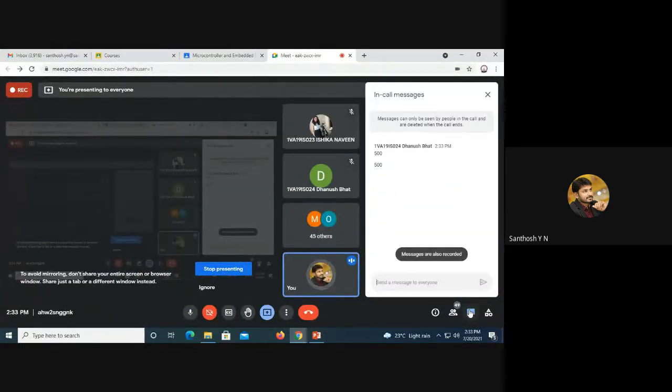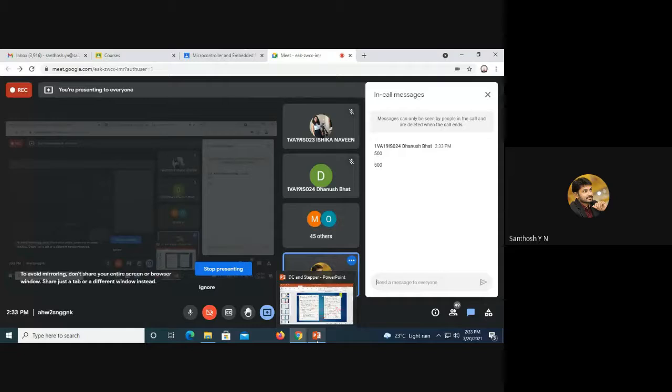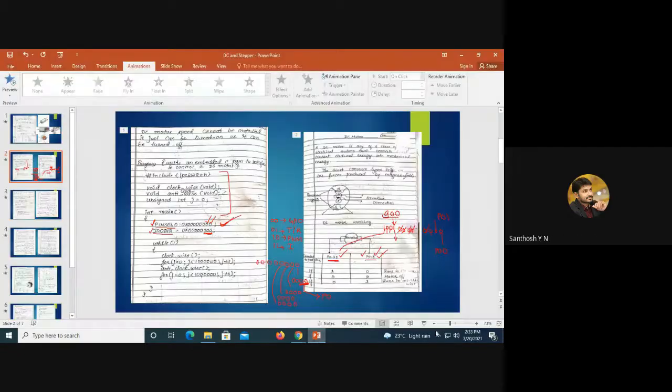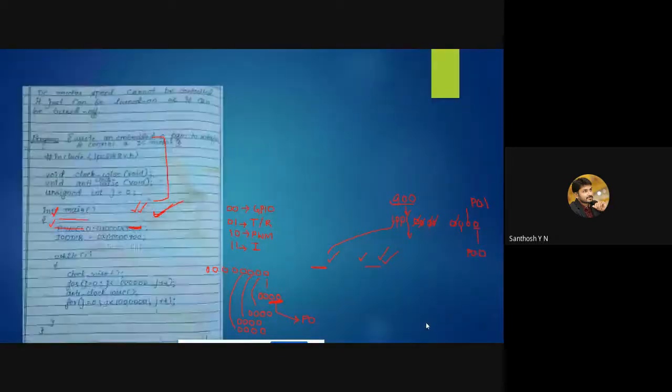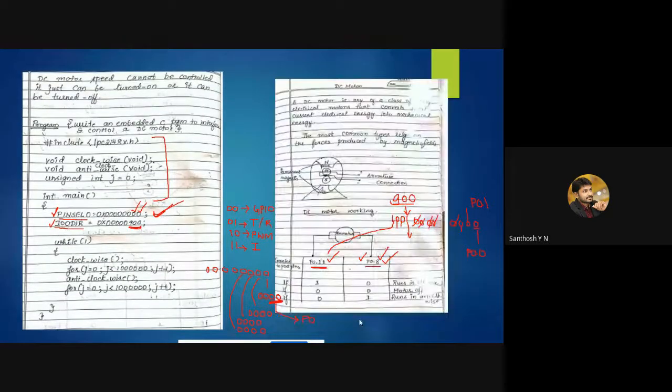Very good, correct. What about others? 500, sir. Yes, fine. I think I can move on to the explanation for these functions. Shall I? Yes, sir. Okay.